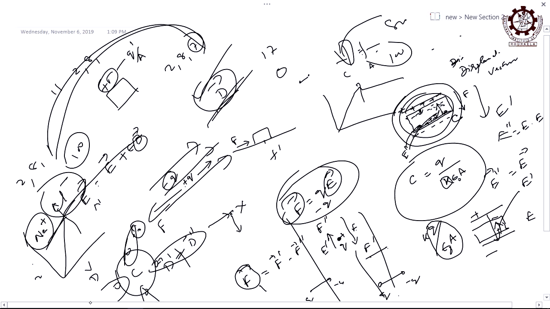In between them there is force, no doubt. In between carbon and hydrogen there is force, a covalent bond is there. But can it be as strong as the ionic bond? Cannot. The bond strength of a covalent bond can never be equivalent to an ionic bond. So to break a covalent bond is easy, but to break an ionic bond is a very tough job. That is why when you put sodium chloride in water, it breaks. Why does it break? Because the force between sodium and chloride is how much?